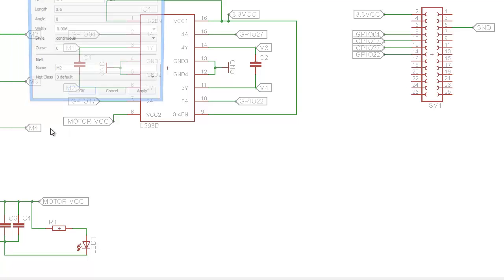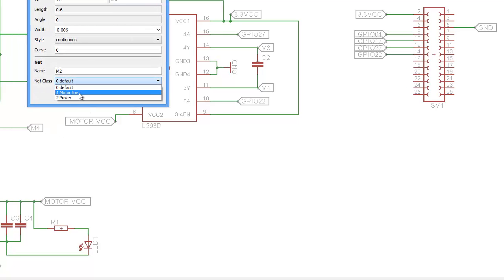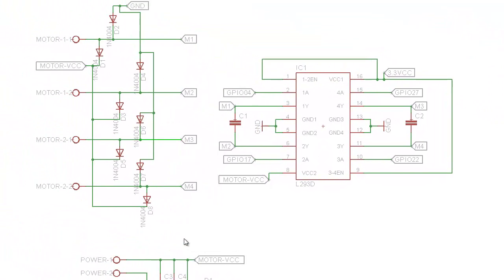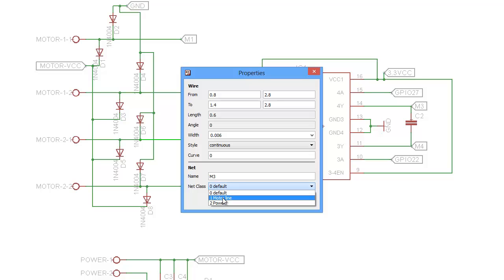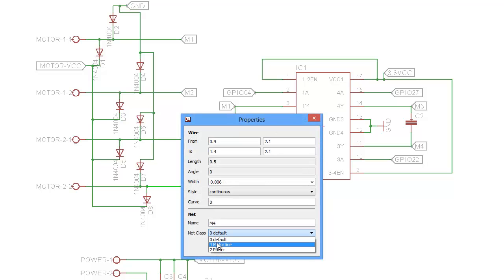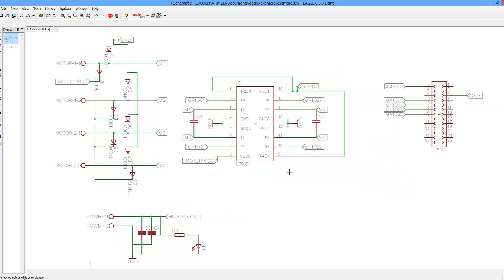Right click, properties, motor line, and properties, motor line, and properties, motor line. Okay, so GPIOs